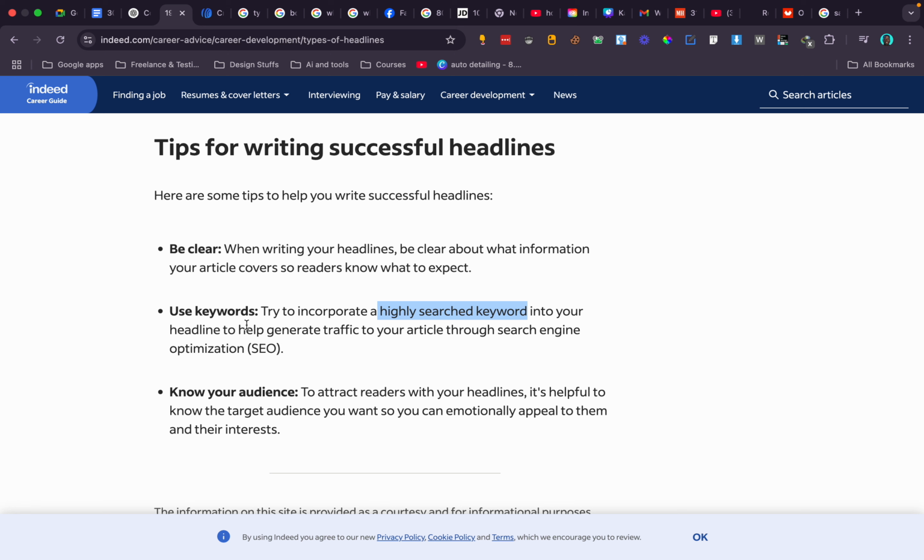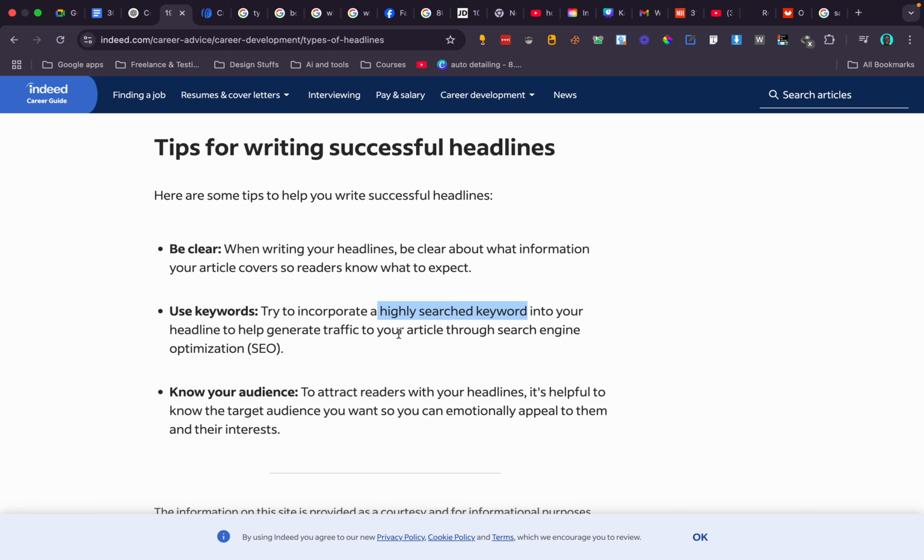We talked about that yesterday, so I'm not going to go back into it. Keywords in your headline help generate traffic to your article through search engine optimization. So you need to know the words that people are searching for to be able to achieve this.